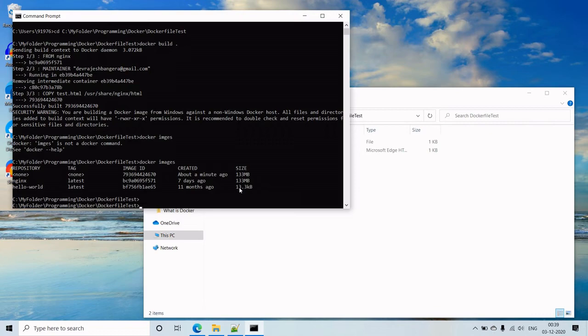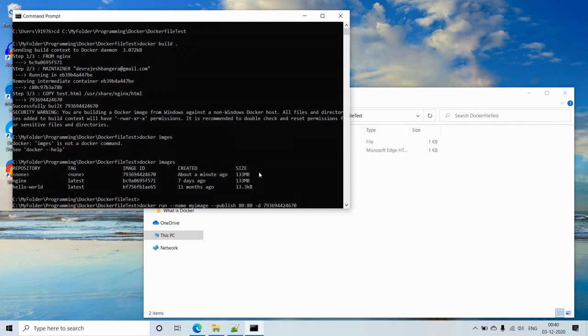Now the command to run this image is like so. If you see this command, it is basically a run command, and the option that I am passing is firstly the name. The name that I have given is my image, and I have exposed one port, 8080.